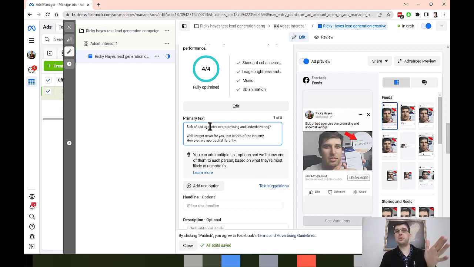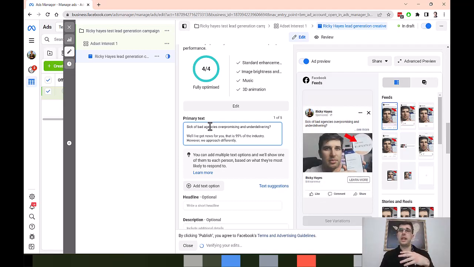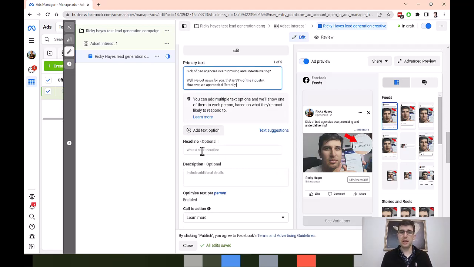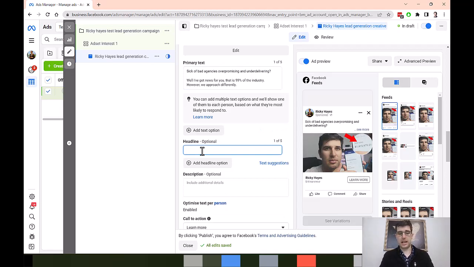When you're doing these types of things, always try and look at how you can differentiate yourself. You want to throw stones at your enemies and say why you're so much better. I know, as running an agency myself, most agencies have a bad reputation. It's sort of the industry, and so I always try and use that to my advantage. As a headline, it's like, book a call today for a free